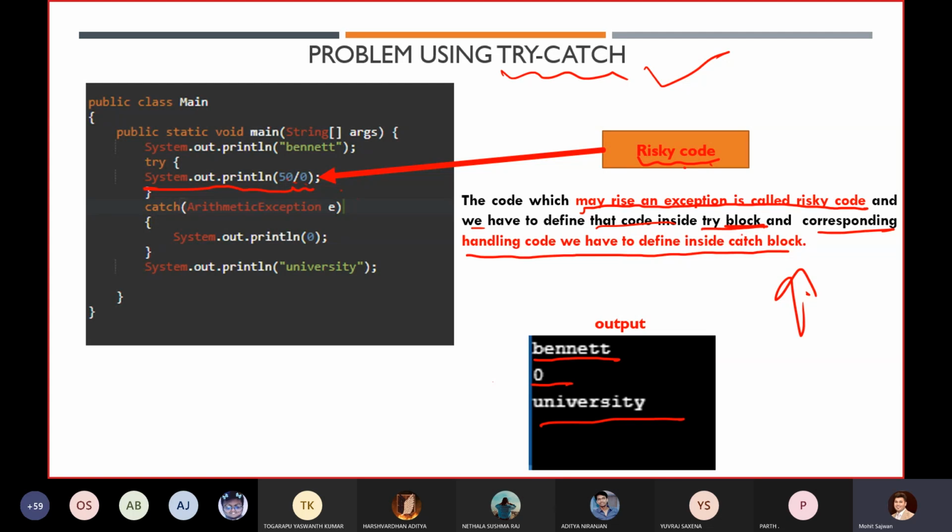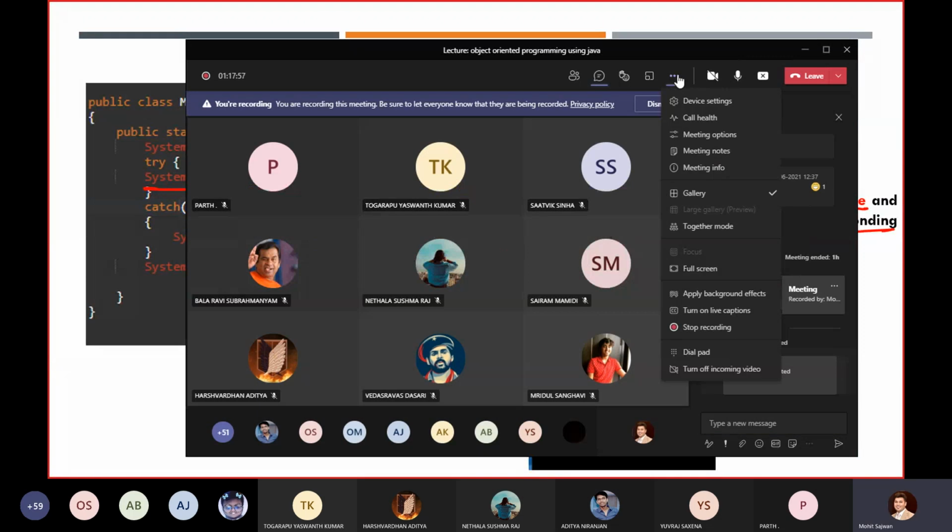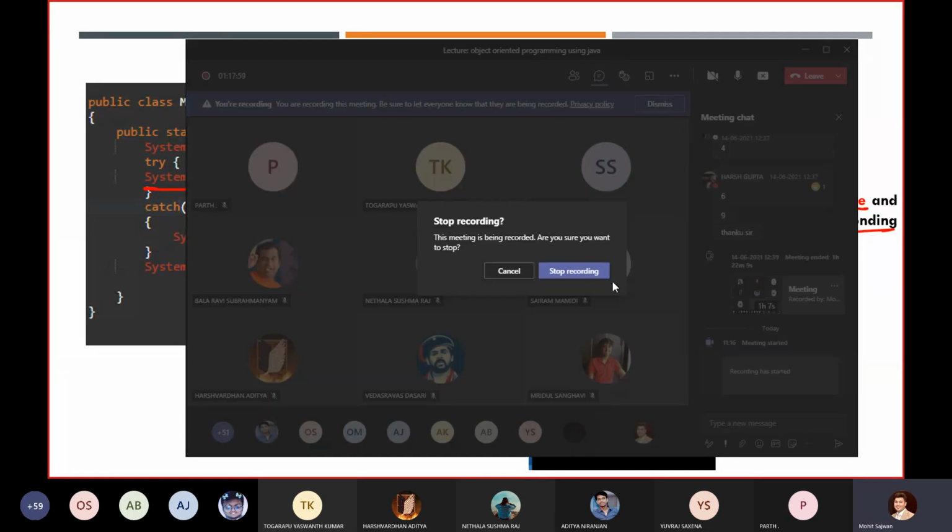So yes, is there anyone who has any doubt? You can feel free to ask. Yes, anyone having any doubt? Whenever you are facing any difficulty, if you are having